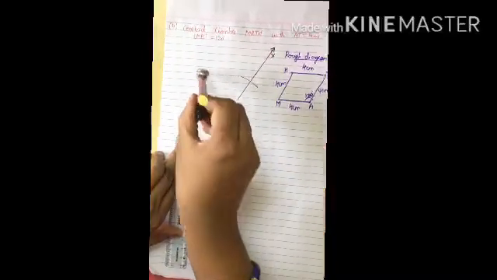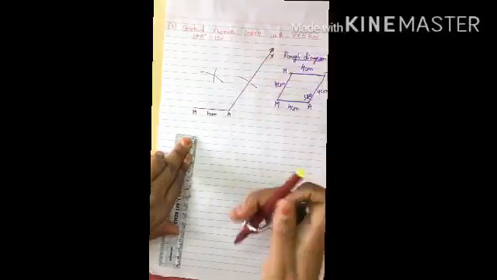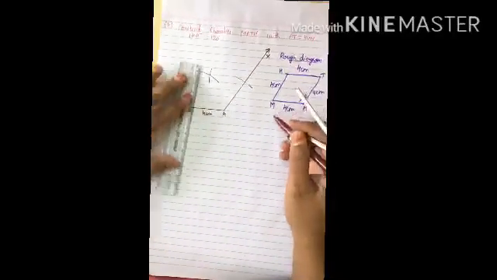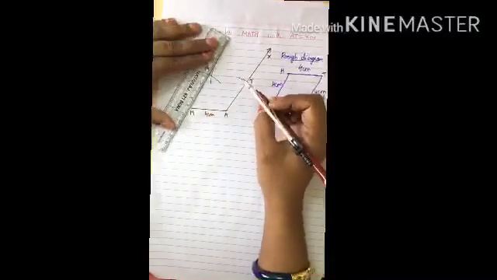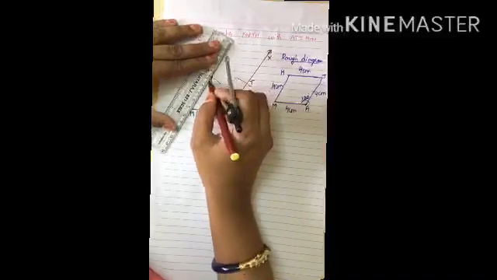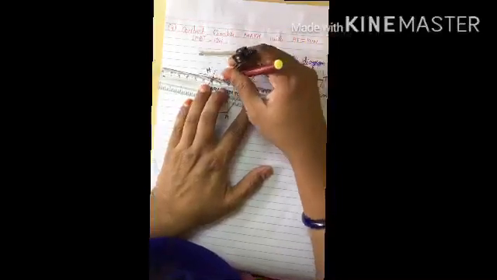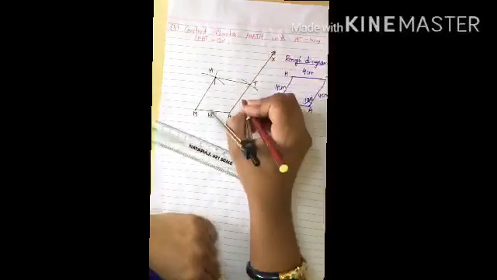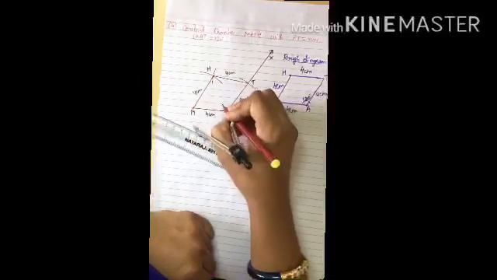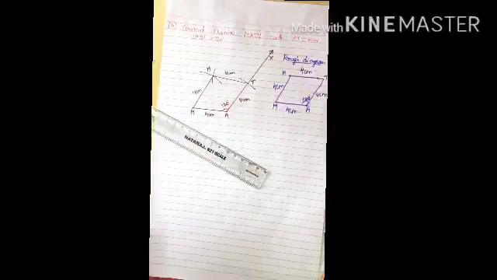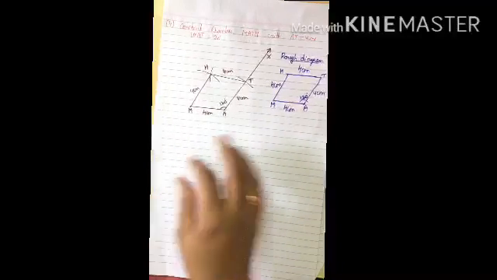And from here also you draw 4 centimeters. And from here also you cut 4 centimeters because all the sides are the same in a rhombus. Now, this is T and this is H. Now you can join MH and HT. Okay, so 4 centimeters, 4 centimeters, 4 centimeters, and angle A is nothing but 120 degrees. So finally we got the rhombus. So remember, in a rhombus all the sides are equal.